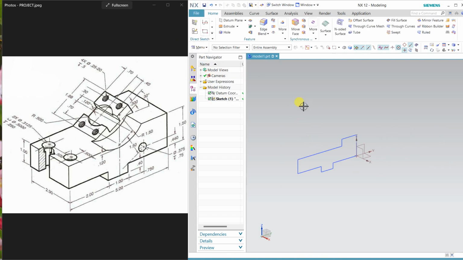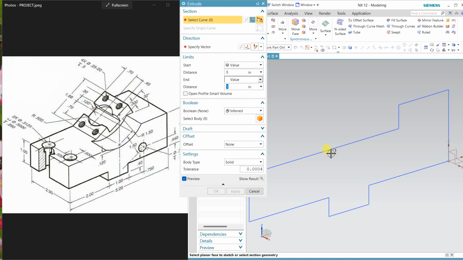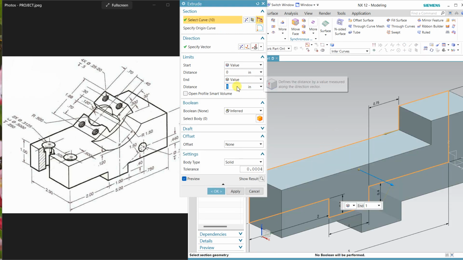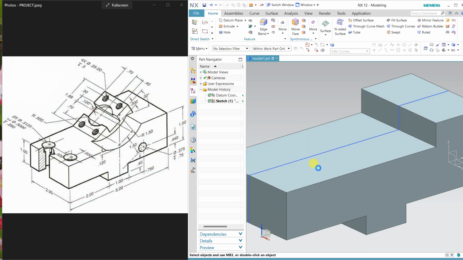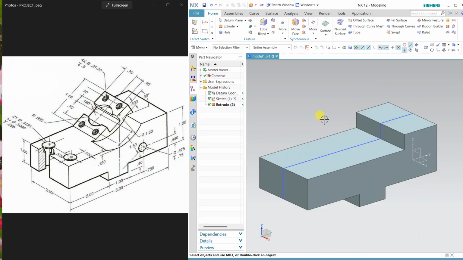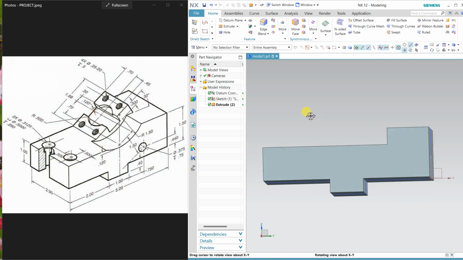Finish this sketch and extrude this geometry symmetrically, and the total is 2.3 divided by 2, and click OK. Okay, so this is done. Now we have to create this portion, and later we will cut this. So I'm going to this upper portion